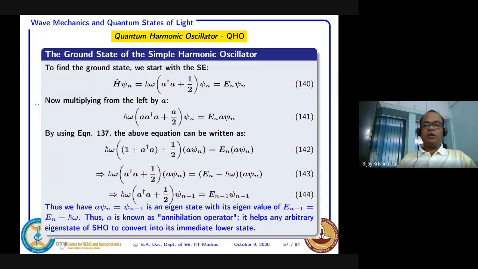So today, what we will be discussing about the quantum harmonic oscillator must be continued, because some of the derivations we use here will be directly followed in photonics devices. Earlier we have introduced two operators, A and A dagger, which are defined in terms of the position operator and the momentum operator.